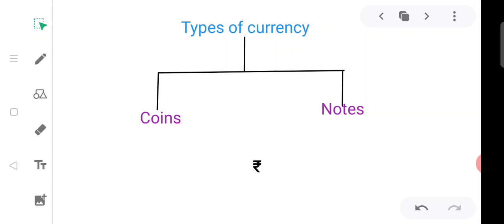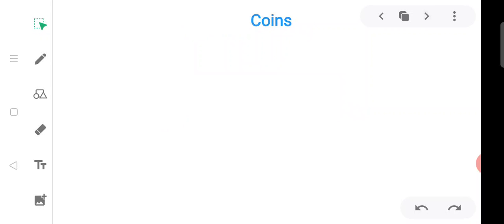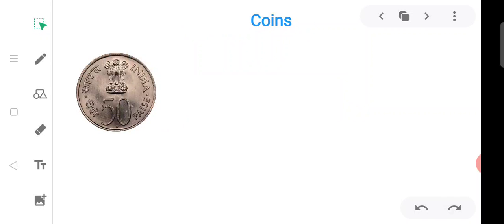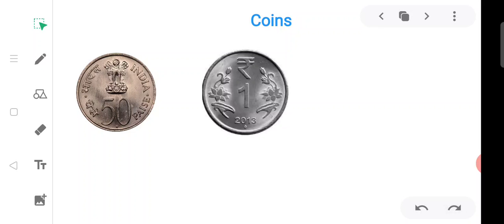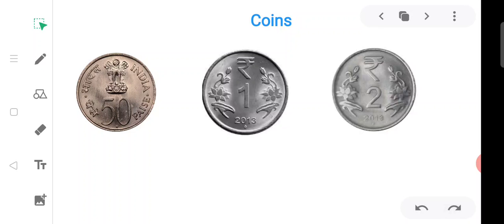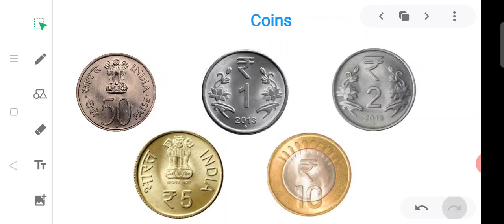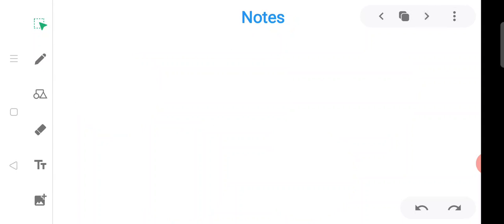So, how many coins have you seen? The coin of 50 paise, 1 rupee coin, 2 rupee coin, 5 rupee coin and 10 rupee coins. Now tell me